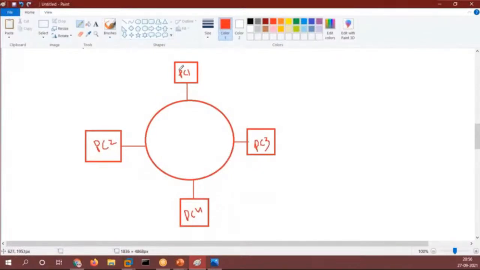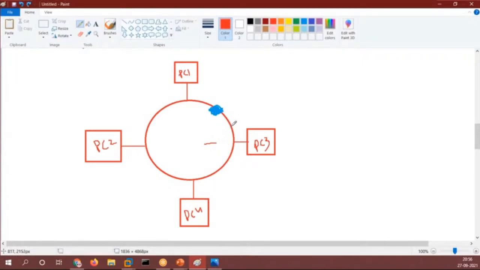So what happens, guys, your device that we have, let's say the token, we have a token, right? In this particular topology we have a token. So let's say I have this token. With the blue color we have a token. Now this token is continuously flowing in this particular topology. Now what happens, guys, when let's say PC3 has some data, PC3 will stop that token and it will fill the data in that token, right?